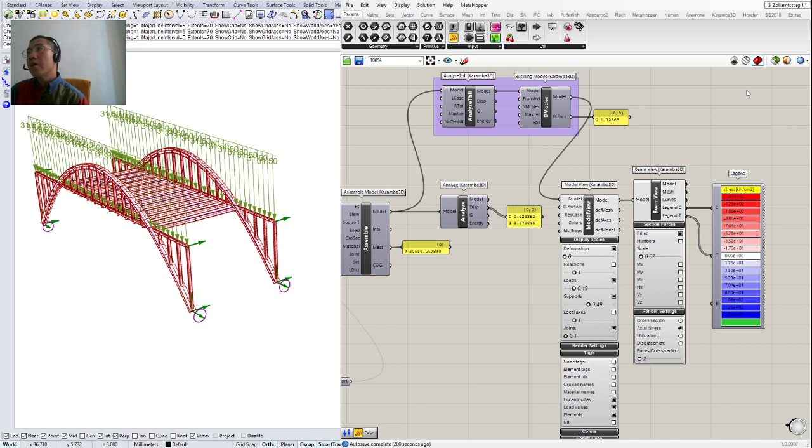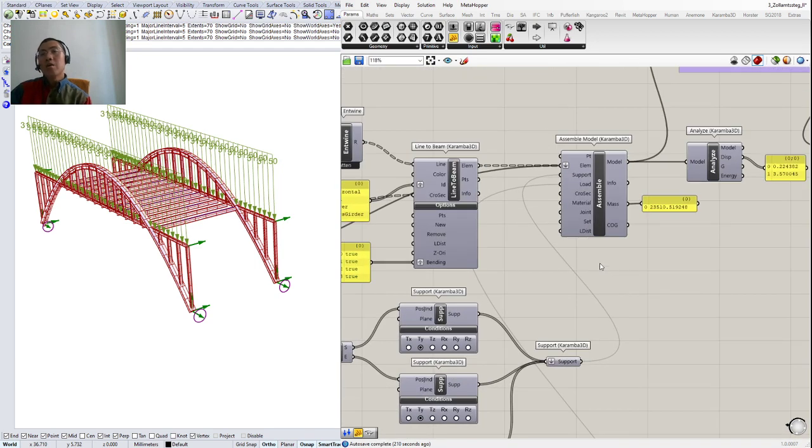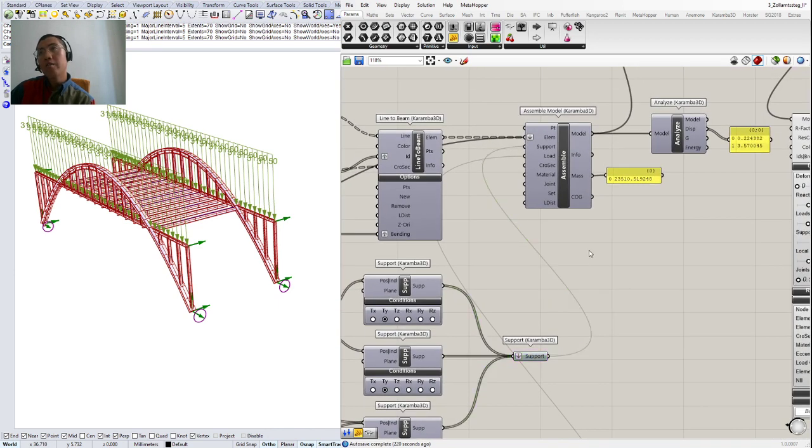So I'm going to now bring up the... there was one question about the support flattened. For those of you who are not so experienced Grasshopper users, you might know a bit about tree structures and the way that data is organized in Grasshopper. The reason why we have to flatten the input, for example, we've also flattened the elements and we flattened the